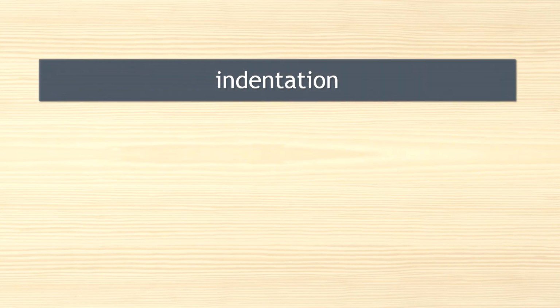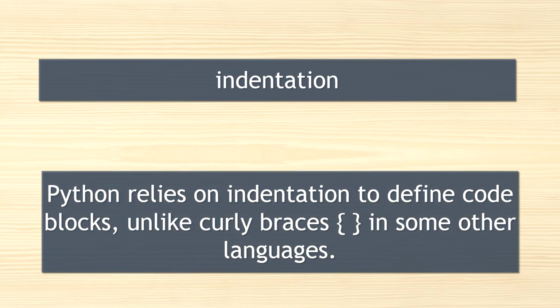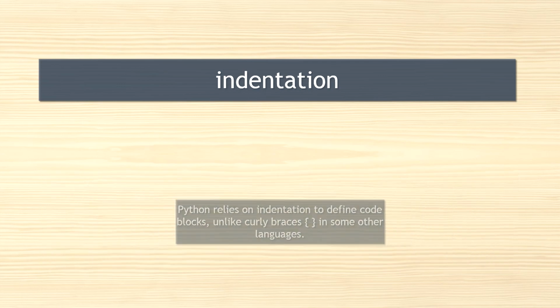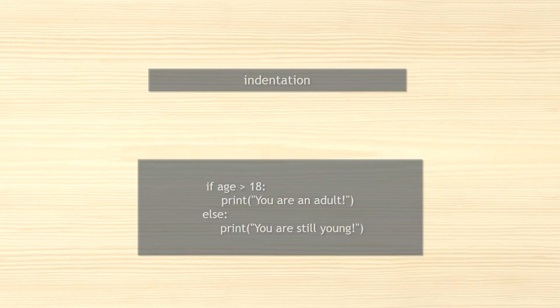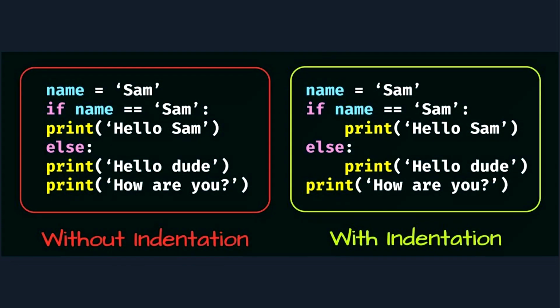Indentation. Python relies on indentation to define code blocks, unlike curly braces in some other languages. Indentation is a crucial element of Python's syntax, unlike many other programming languages. It's not just for aesthetics, but plays a vital role in defining the structure and flow of your code. Imagine it as building blocks, where each level of indentation represents a step down into a new layer of logic